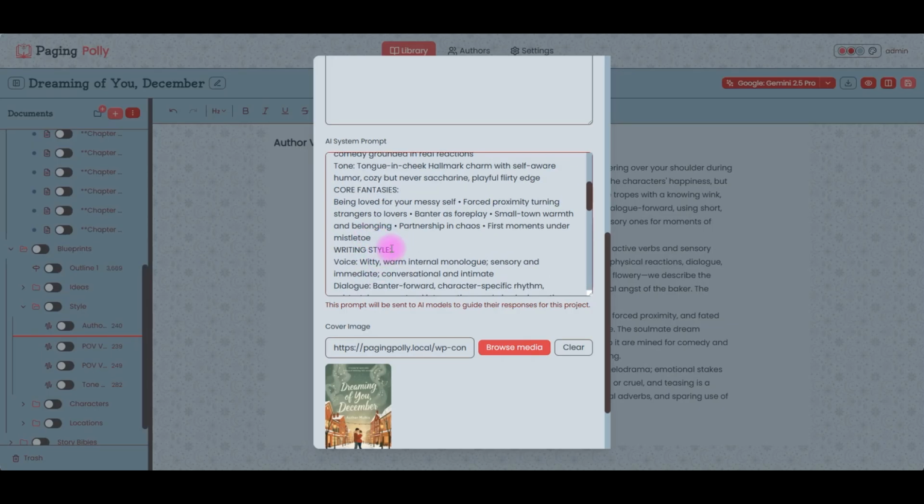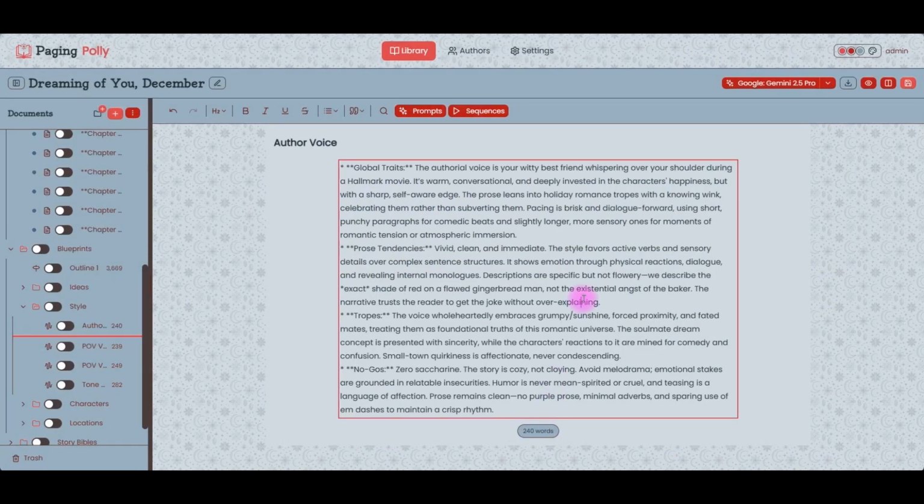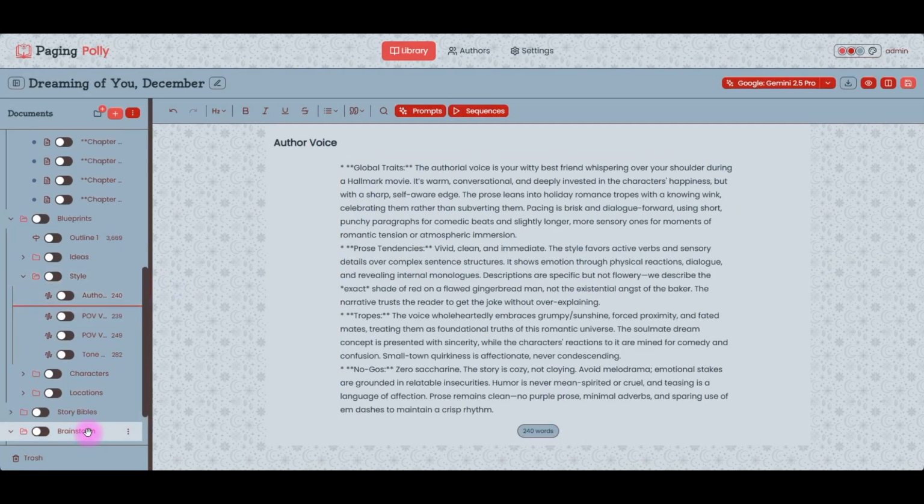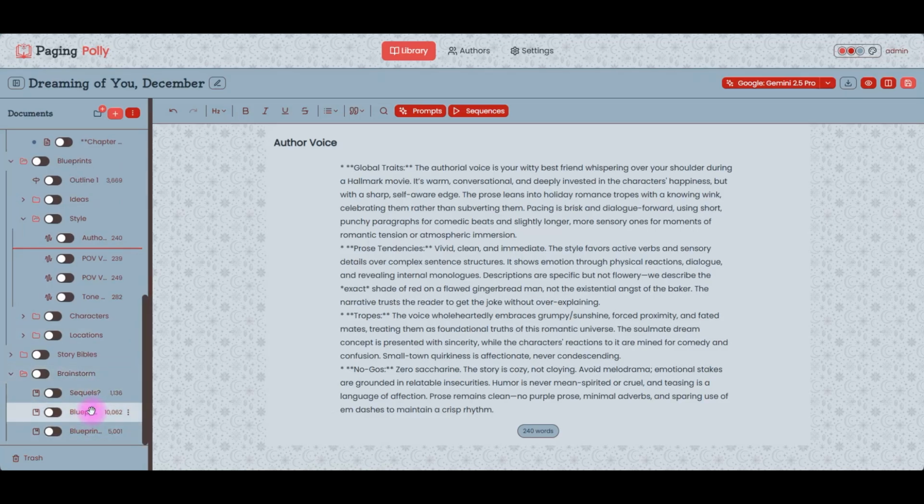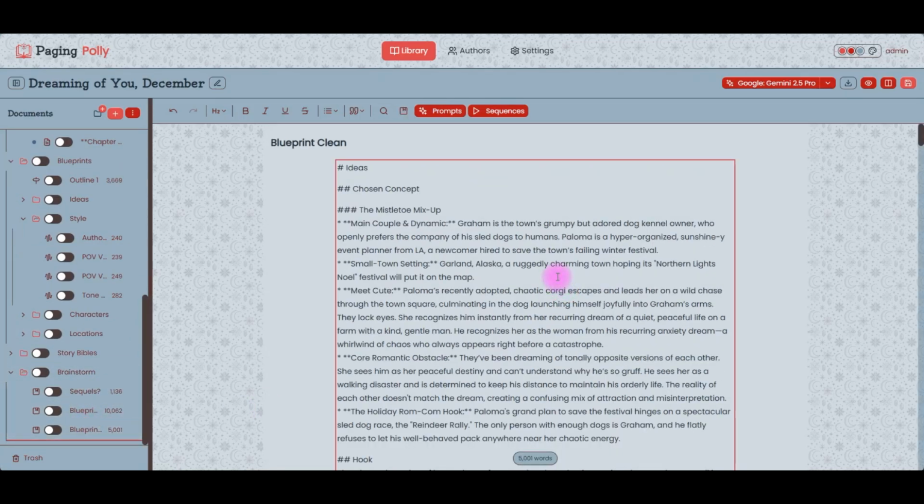Okay, so writing style, I'm just going to really quickly do POV, first person, past is pretty normal. Present is also workable. Let's do present. And we are going to save that. And what I'm going to do, because I don't trust myself, is I'm going to go to the clean one, and I'm going to do a